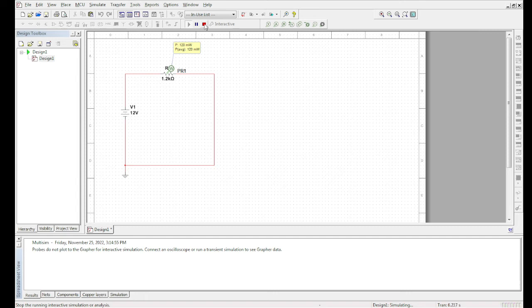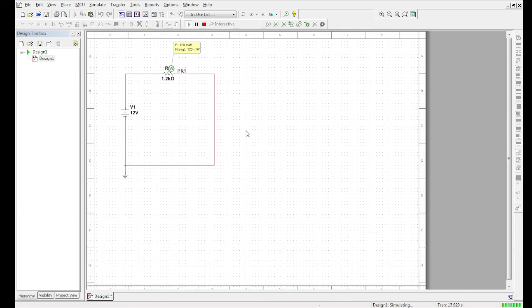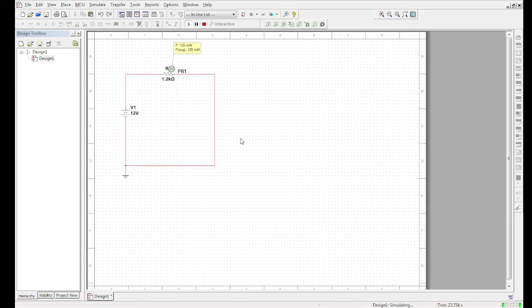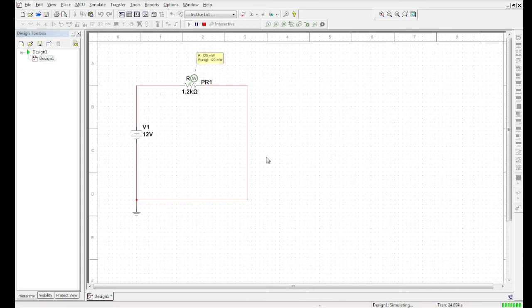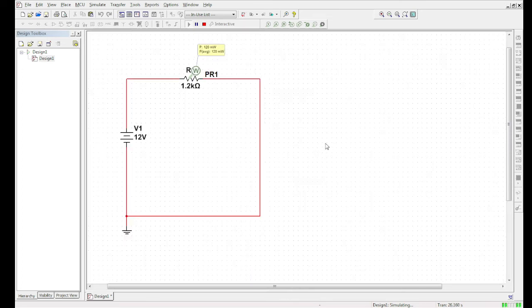9-volt circuitry will use 1Ks or higher to run the LEDs. To safely run LEDs, 1.2Ks are normally used. So there you go, your basic circuit with a watt meter spyglass used on it. Nothing really fancy to it. I normally close out the bottom windows when I'm using this. Moving around can be somewhat cumbersome, but once you've used Multisim for a good while, you'll get used to the center mouse click to move the diagram around, zoom in, zoom out, and all that stuff. Very powerful software when it comes to